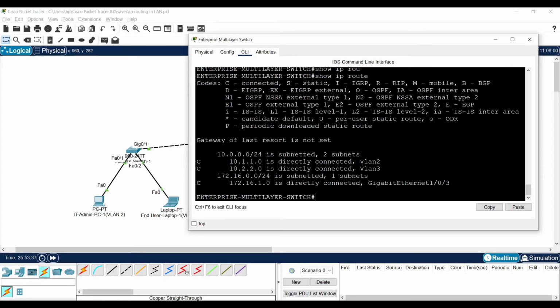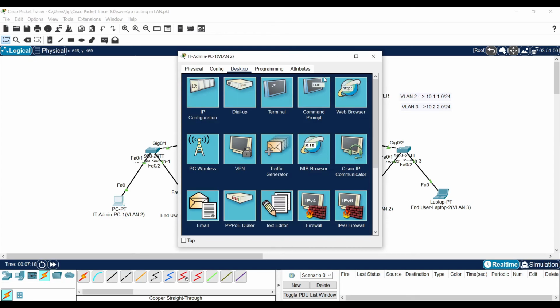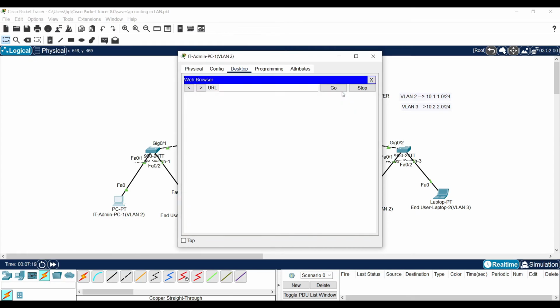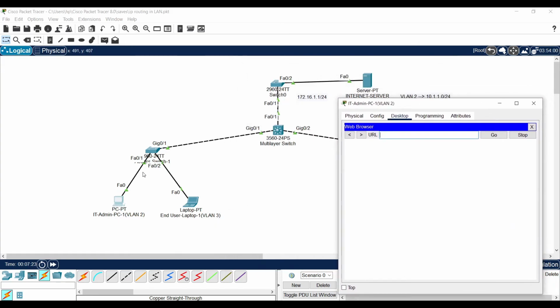You can see the difference in the routes now. These two routes are learned via SVI, VLAN interfaces, but this route is learned via the routed port. So I made it manually with the no switchport command. So let me try from my endpoint to the server.